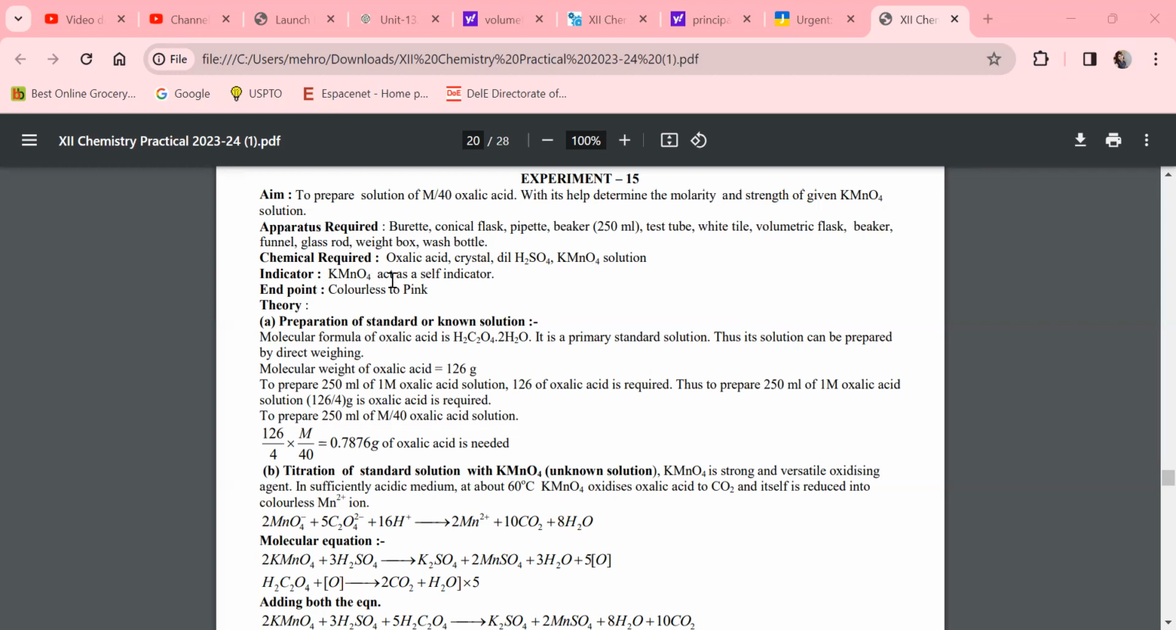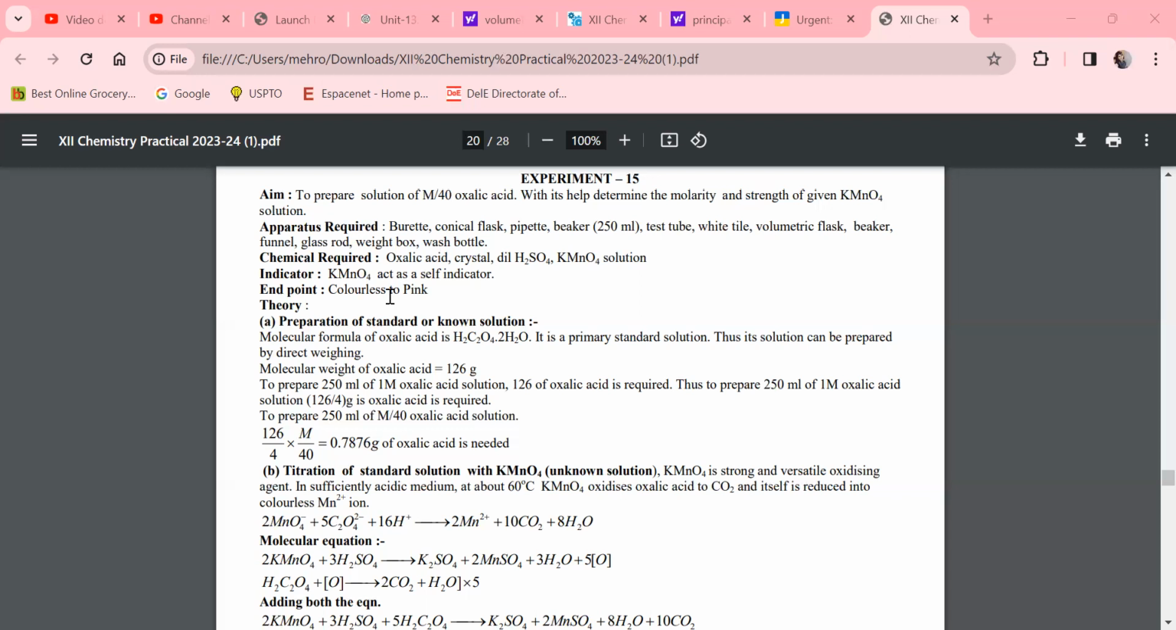KMnO4 will act as a self-indicator. You will not add any external indicator, just like phenolphthalein, methyl orange, methyl red, litmus solution, nothing else during this KMnO4 titration, because KMnO4 is a self-indicator. And how you will identify the end point, you will get the end point by the color change. When you use the oxalic acid, it's a transparent colorless solution, and when it changes into a light pink color by the addition of KMnO4 solution drop by drop from the burette,